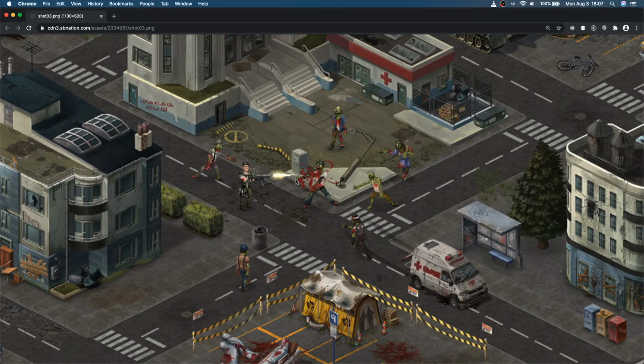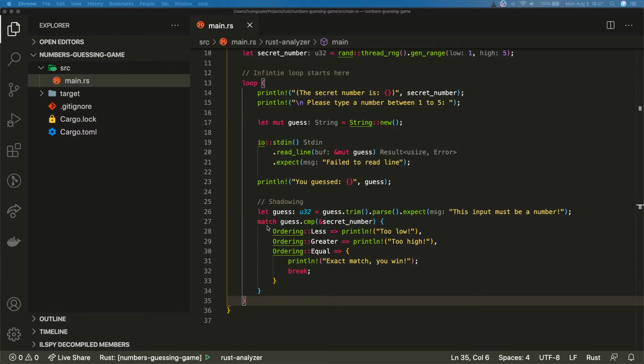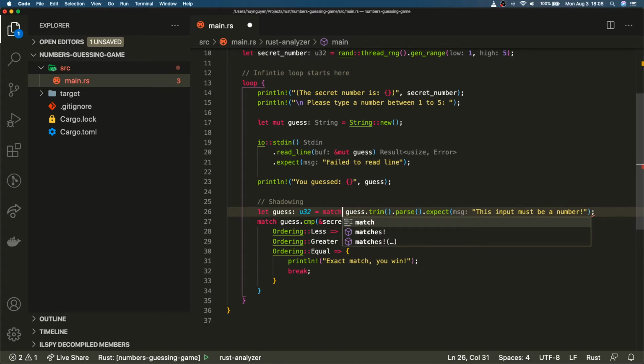So those are the decisions that we make based on matching the pattern that we have. So we match these patterns that we see before us here, and if we do not want to encounter zombie and violence that day, then we execute code to go in a different direction. So essentially that's what a control flow is, and that's essentially the match keyword. So what we can do is match the input and see if it's a number or a string. If it's not a number type, then we can do something to keep the program running and provide a user with a feedback loop. So on line 26, let's put the match keyword right there,